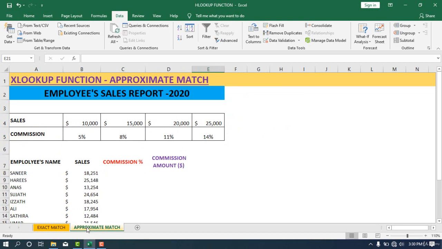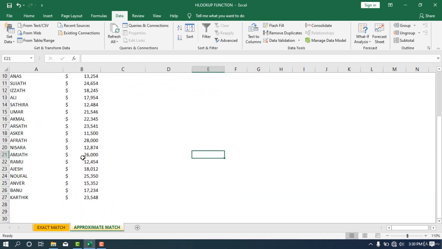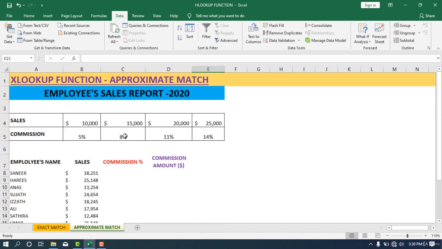Now we are going to look at the HLOOKUP function approximate match. We are going to practice the HLOOKUP function approximate match. This is an employee sales report 2020. You can see here the employee's name and sales are available, and the criteria is if the sales are below 10,000,